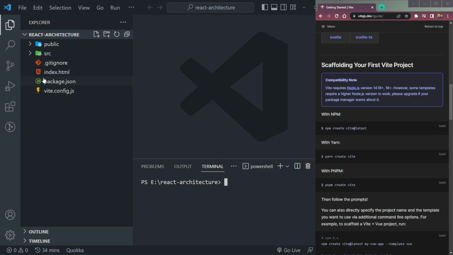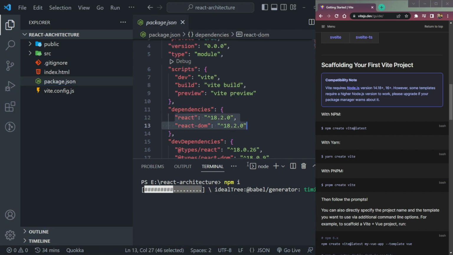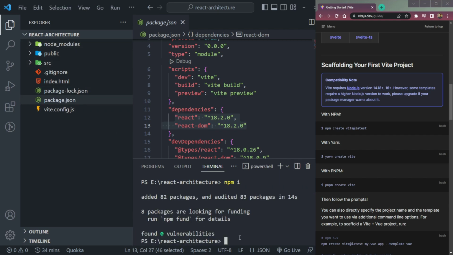Now we have to install all the node modules. So we can do npm i and enter. It will install all the packages from the dependencies, and it will be faster. Now we can see the node modules here as well. Now to start the Vite app, all we need to do is run npm run dev